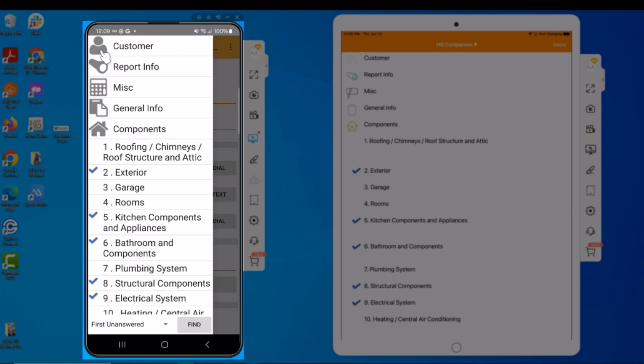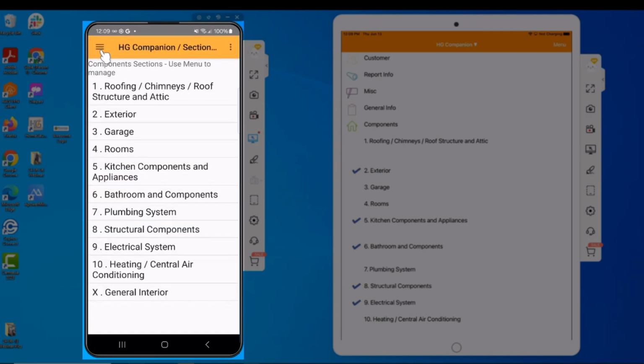So I'm over here, and in order to, let's say, exclude something or duplicate, click on where it says components with the house next to it. This is the area where you can do that. Let's say there's not a garage, I can do a long press on the garage and hold my finger there for a minute, and it gives me this little side menu where I've got different choices to exclude. I can duplicate it, so I can do carport, garage, extra garage, stuff like that. And I can also reorder my duplications. So for garage, I'm going to exclude it, so it gives me an X there and it won't